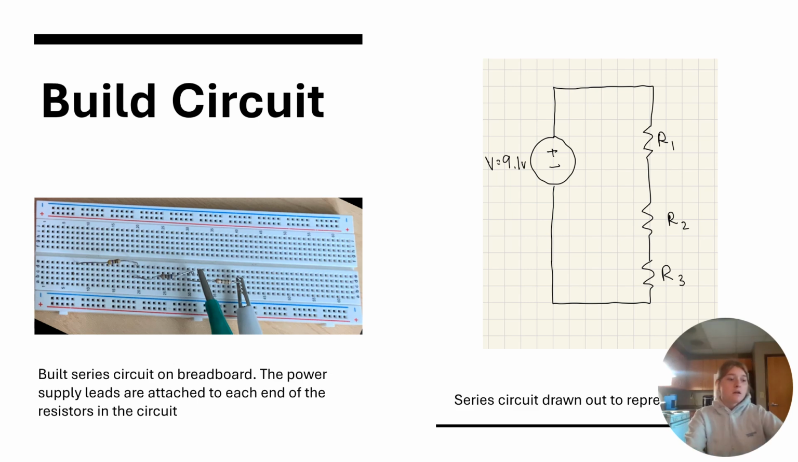So the first part in being able to measure current and voltage is building a series circuit. I built the circuit that I drew on the right side containing 3 resistors, a power supply, and a breadboard. And the power supply carries around 9 volts through the whole circuit. The resistors are placed in series with one another. So in the picture